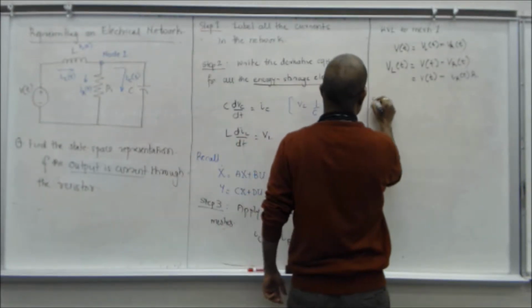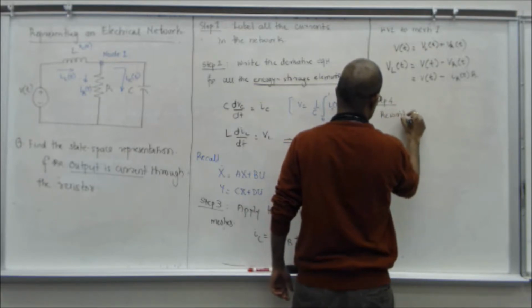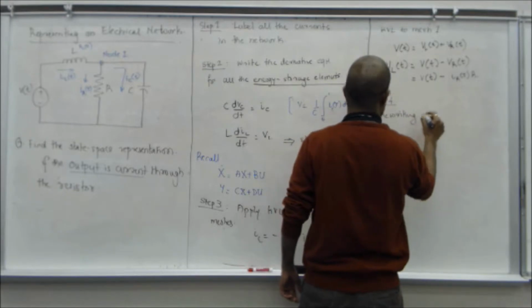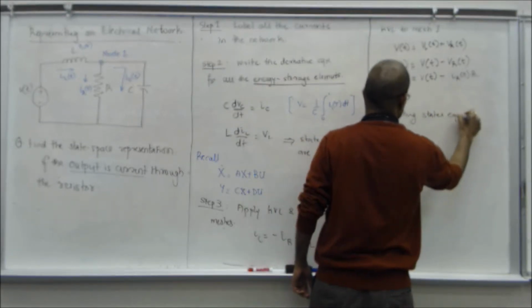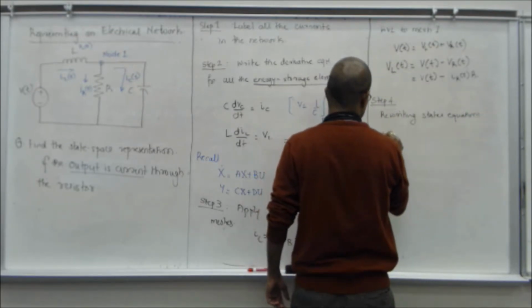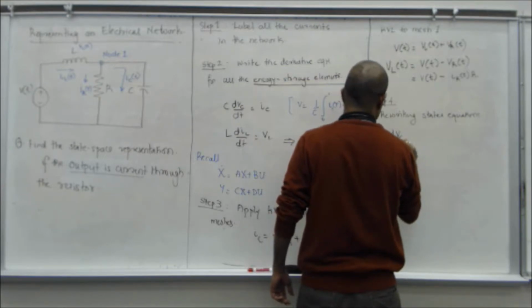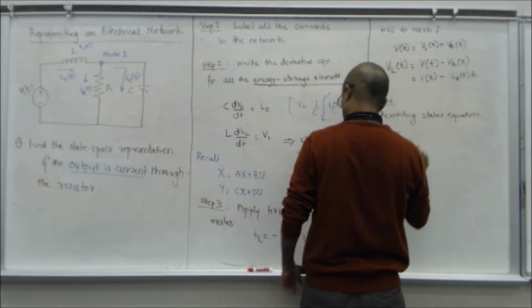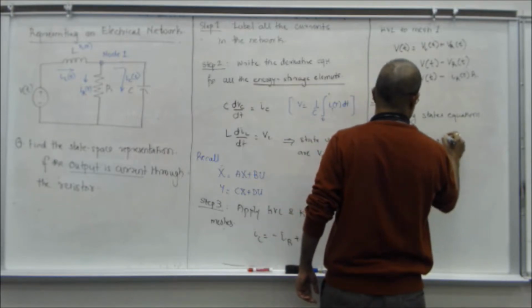So step 4, rewriting state equations. You have C dVC over dt is equal to minus IR plus IL